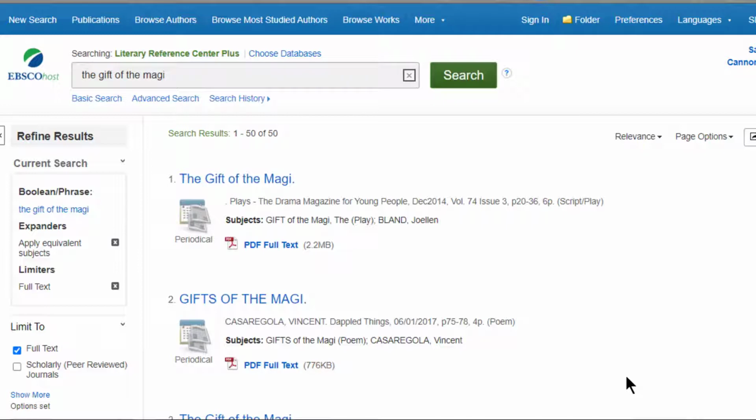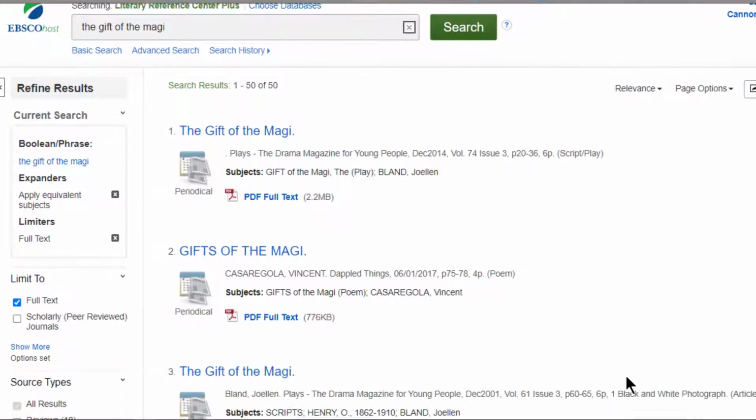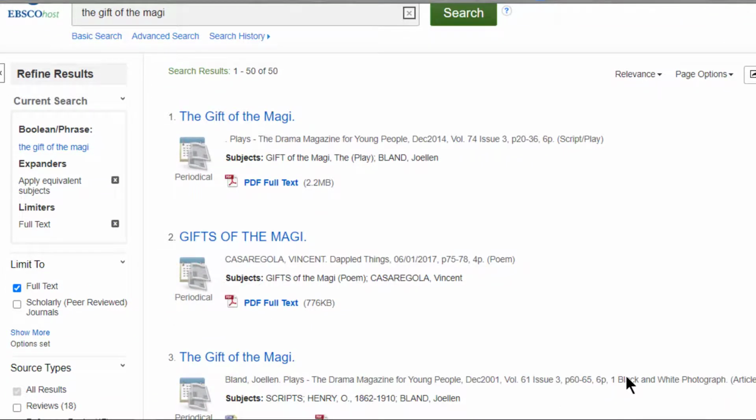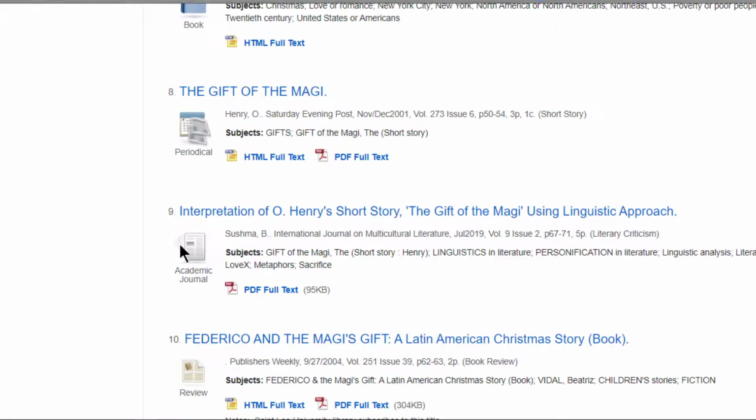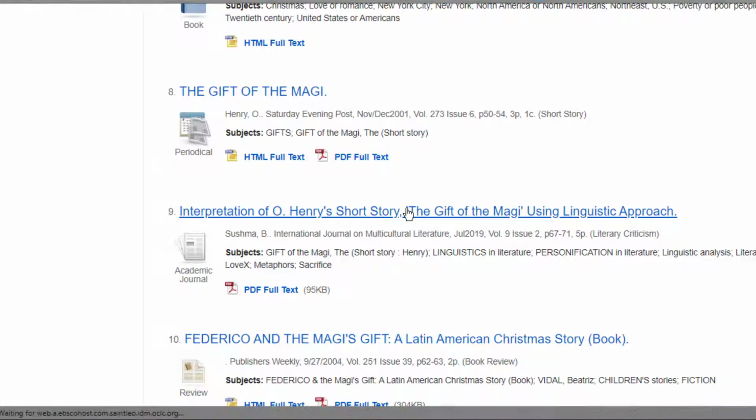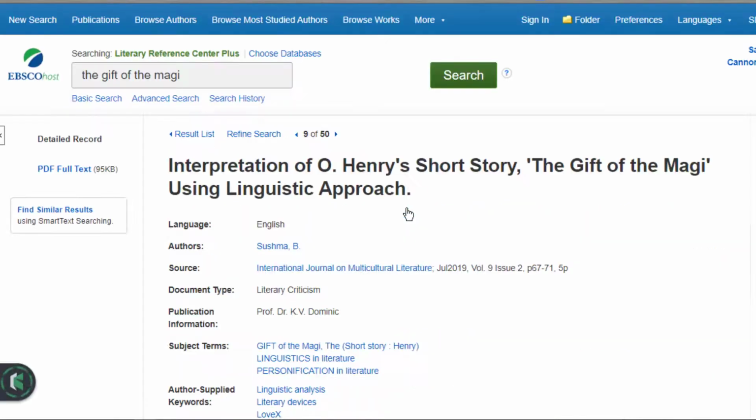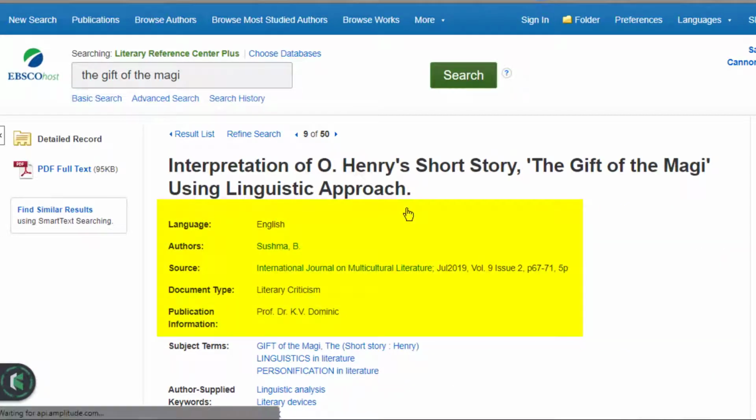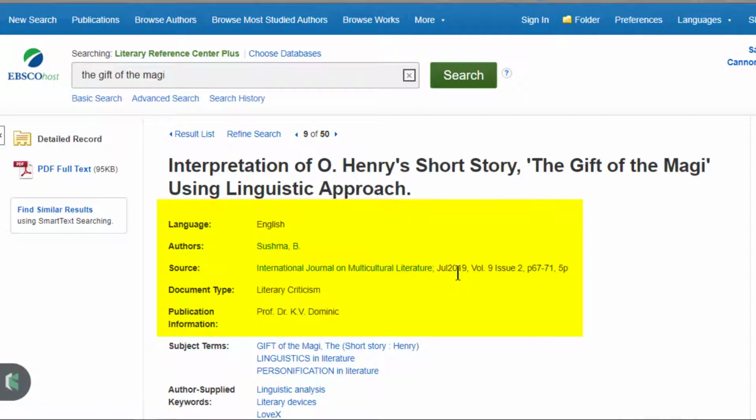Not all of these will be scholarly journals. Notice that some of these are short stories or articles out of a book. Number 9 is out of an academic journal and is likely to be a scholarly article. When we click on the title, it will give us the information we need to do the citation. We have the author, title of the source. This is a journal. We have the date, volume, issue, page number range,